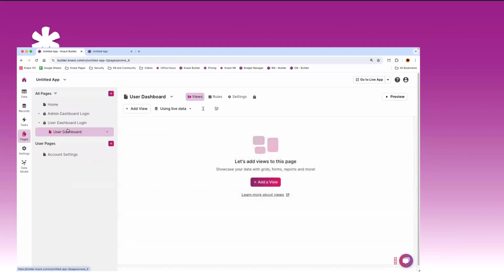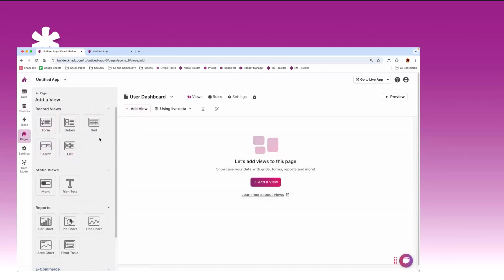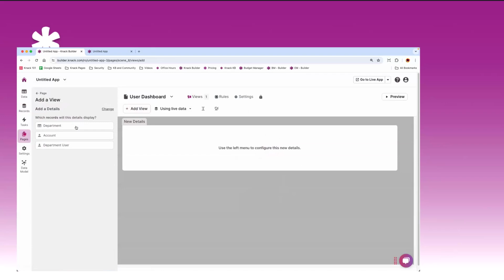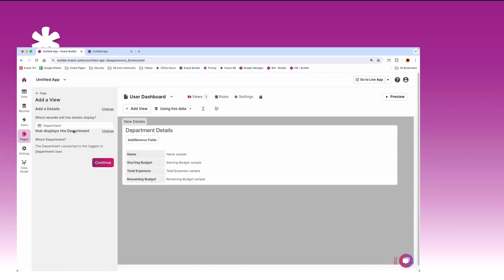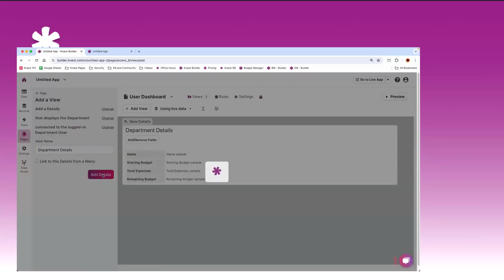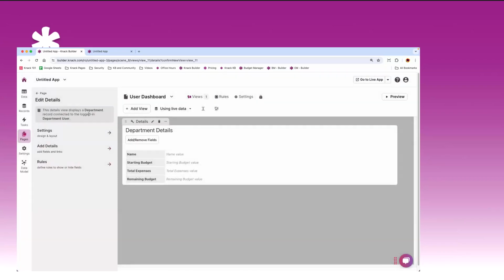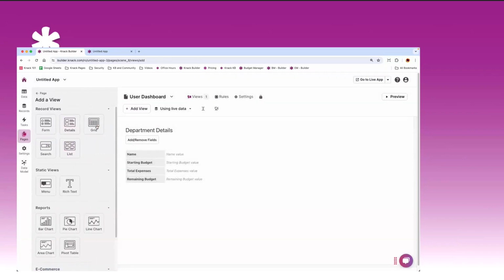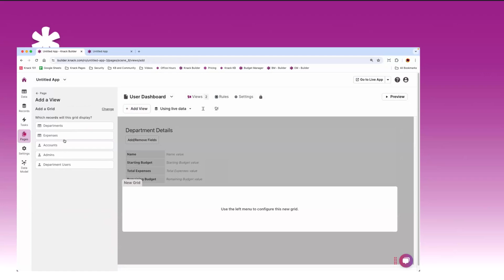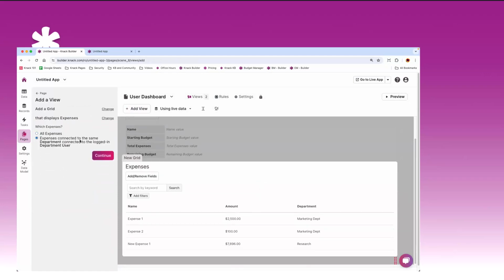That will then change the behavior of our pages. So again, what does our page know about in this use case? If I wanted to say I want him to see the details about his department, before we only had these two options. Now we can show the department connected to our logged in department user. So that's great. We can add those details. We can further add another view to show a grid of expenses connected to the same department that's connected to our logged in